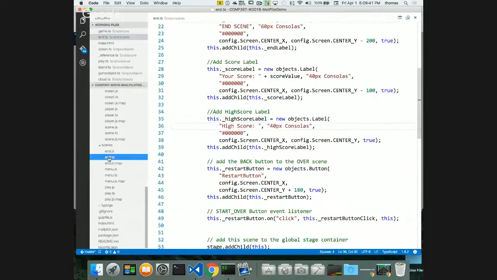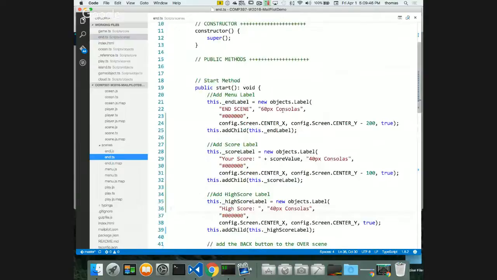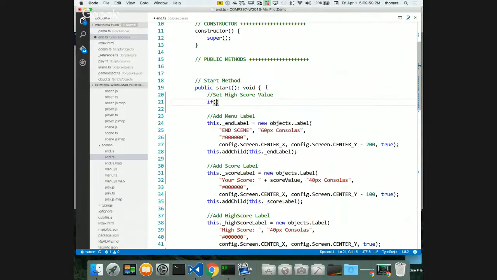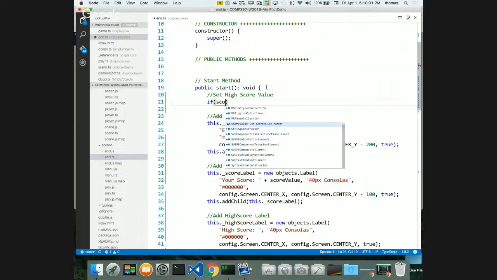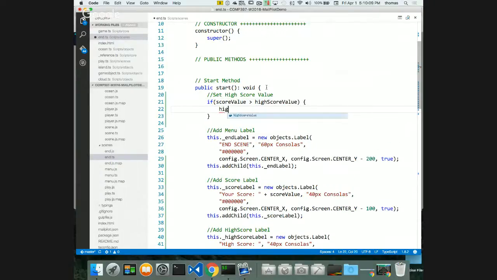Okay, cool. Let's go into my end scene. Here's my end scene. This is all good, right? So when I come here, at the beginning, before we put all our labels together, let's do some setting, right? So we'll say set high score value, or check to see what my high score value is. We'll say something like this. If our score value has to be greater than our high score value, then we want to say my high score value is equal to my score value,